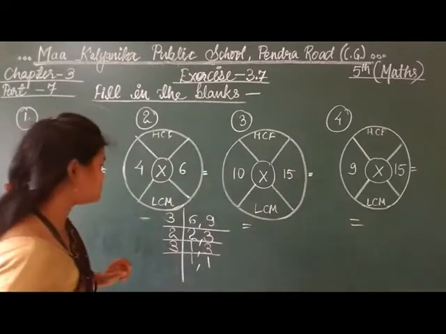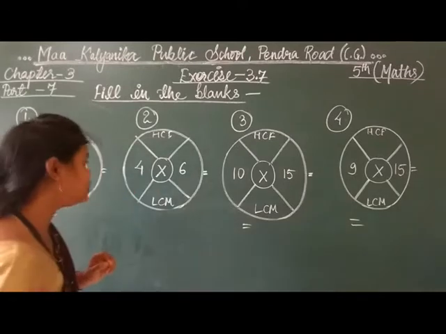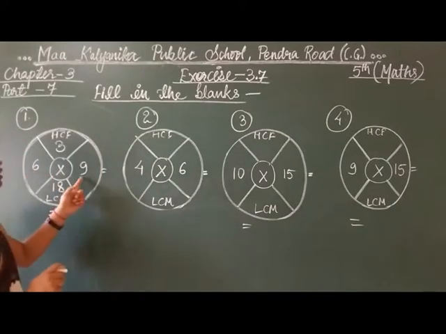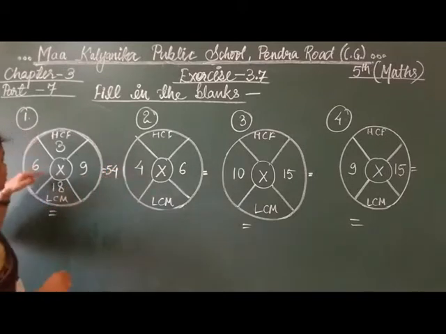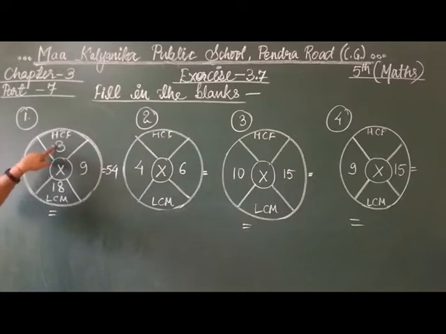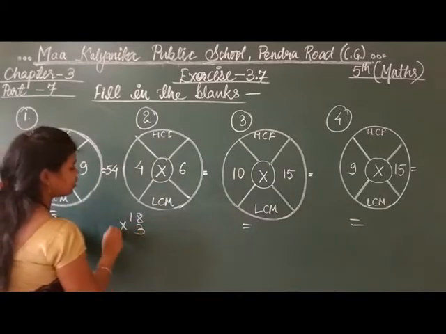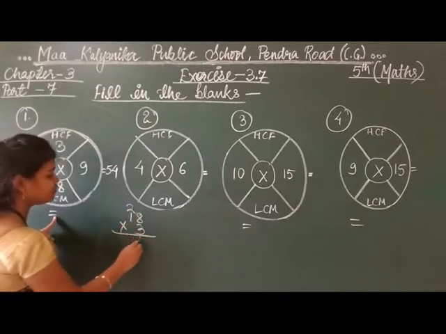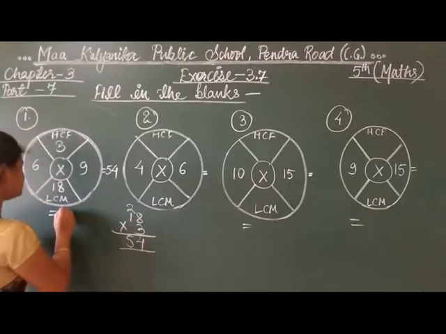So now students, after receiving this, what will we do? Simply multiply. 6 9s are 54. And now multiply 18 and 3, and the answer you will write here. 18 threes are, if you do not know, you can multiply it also. 8 threes are 24 and 3 ones are 3, 4, 5, 54.